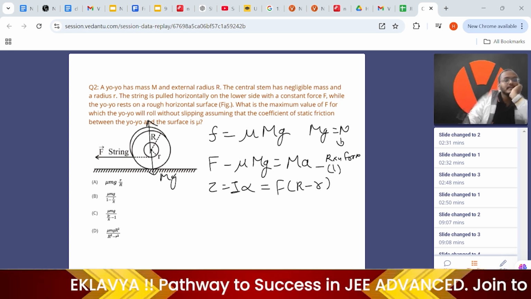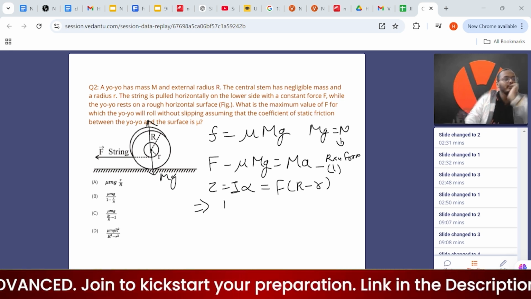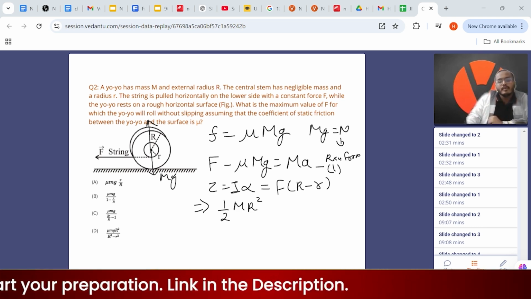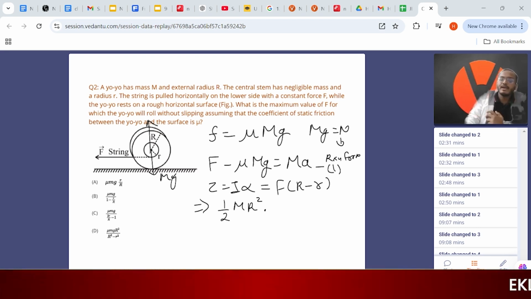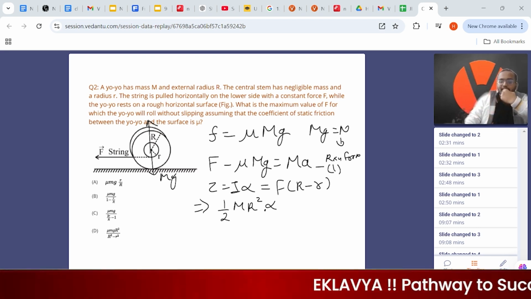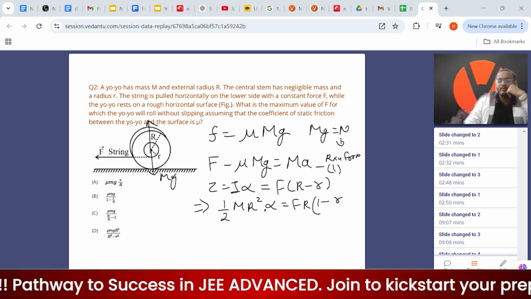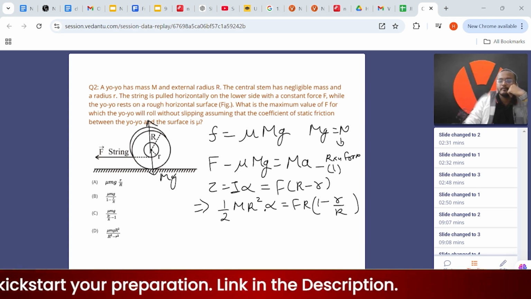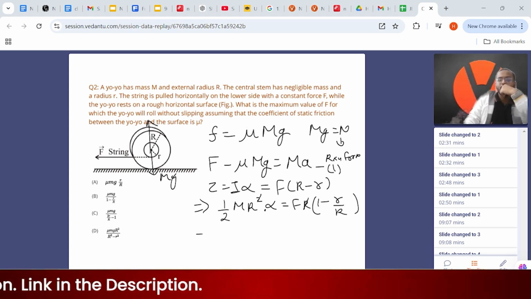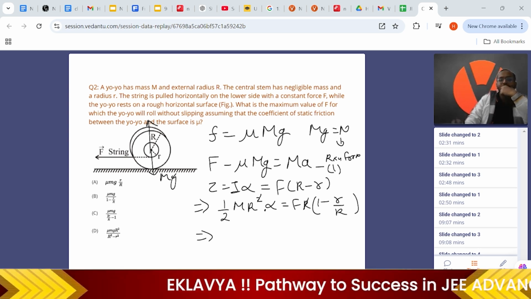Now for this, considering this, its moment of inertia will be equal to 1 by 2 m r square. Okay, and alpha is nothing but angular acceleration, so let's put it down like alpha only. It will be equal to F, let's take r common, so it will become 1 minus r by r. Okay, now cancel this r with this r. Okay, now this r alpha will become